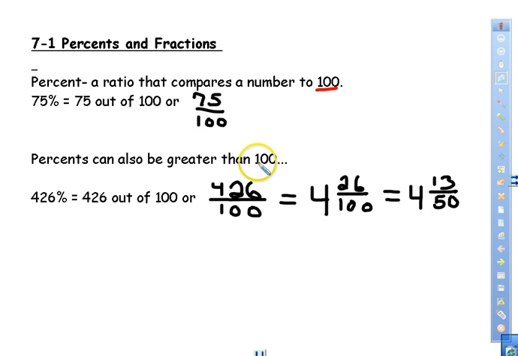Percents can also be greater than 100. So that's something you need to remember as well. For example, if you get a bonus question correct on that test and you get all of them correct plus the bonus, you could get 103 or 104 or 105%. You can also get 400, for example, 426%, which simply means that, for example, one year, maybe you earned